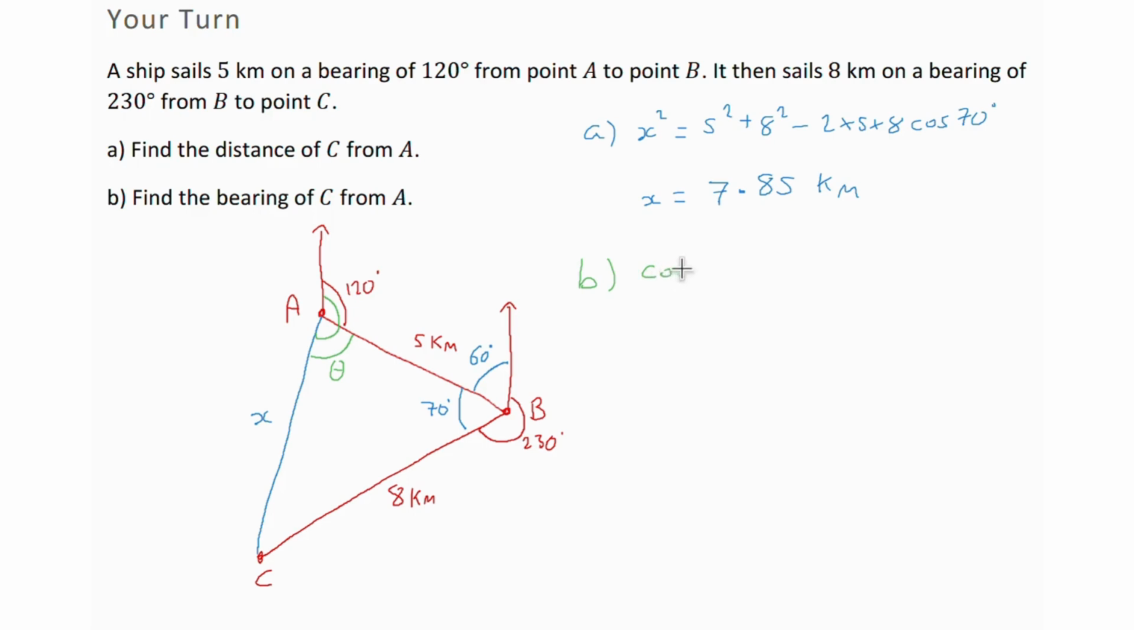The cosine rule tells us that cos of theta is equal to 5 squared plus the 7.85 squared. I'm going to use the answer button in my calculator to make sure that's precise. Minus the 8 squared over 2 times 5 times 7.85. That's going to give me a value of 0.288, which means theta is equal to cos inverse of that answer, which is